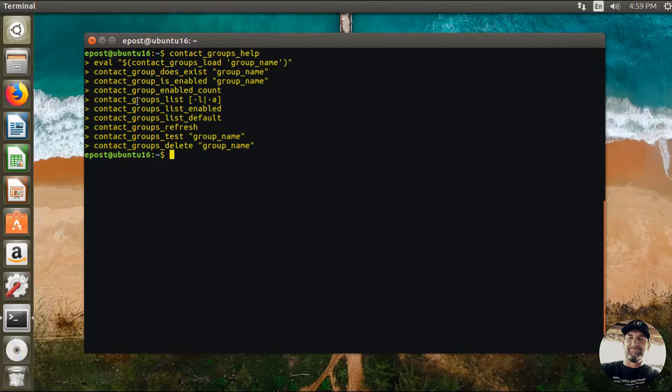And so what we can do is contact groups list -l long, and it lists the files that are associated with the contact group. Now, if there's more than one file, -a would list them all and show you the location that those files are found in. But we want the global file here, so that is the relevant file. ArcShell will create this file automatically for you if you don't have it when you run setup. So all we need to do is open that file in VI,